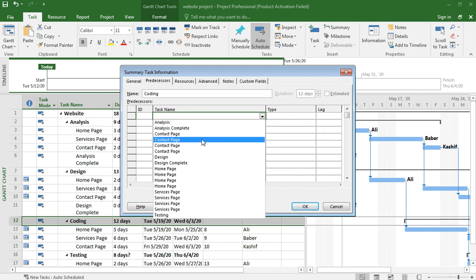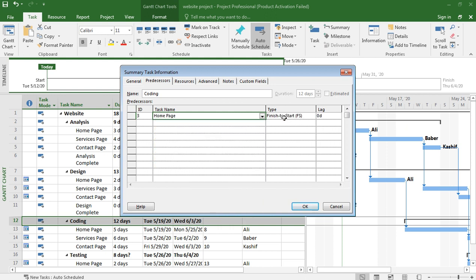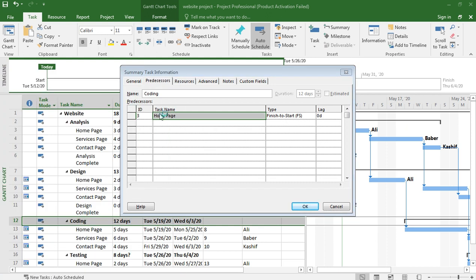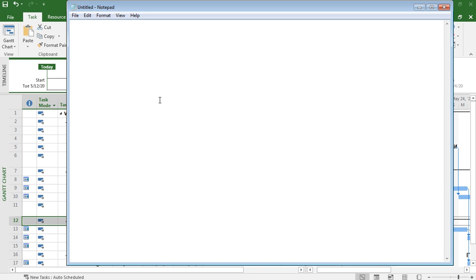Then this is design complete. And we have coding complete and testing complete, right?